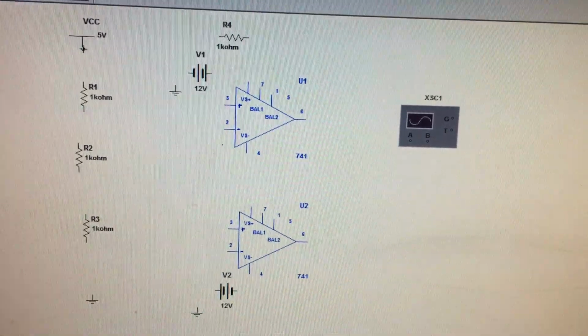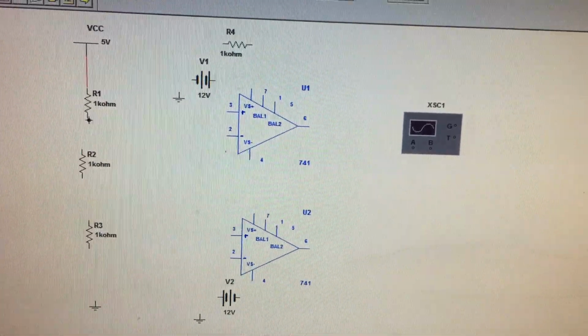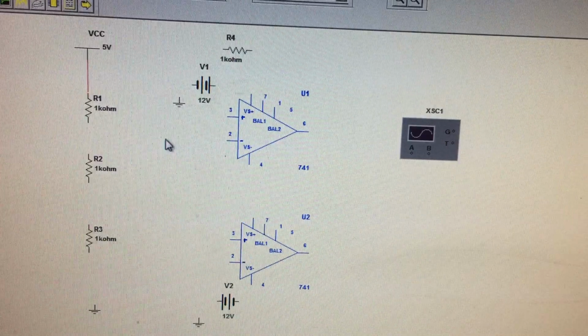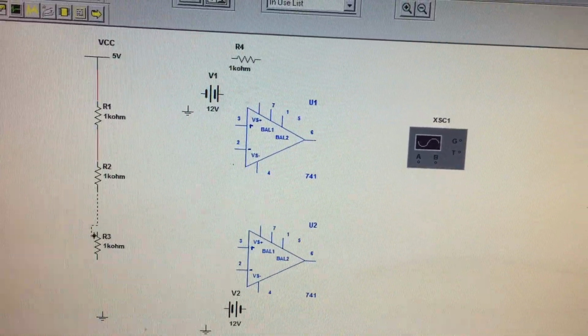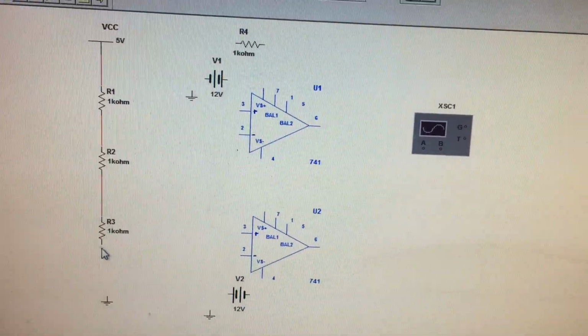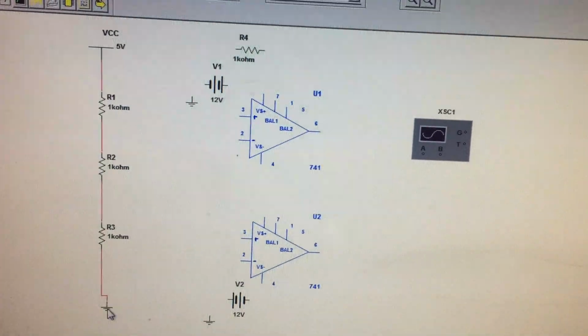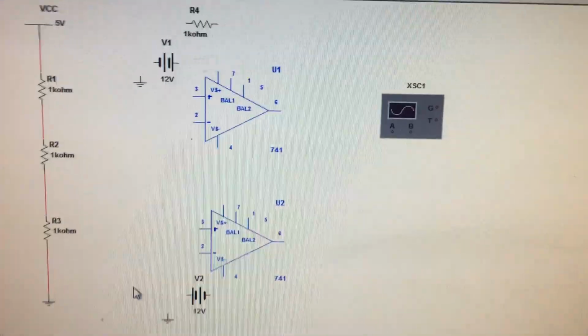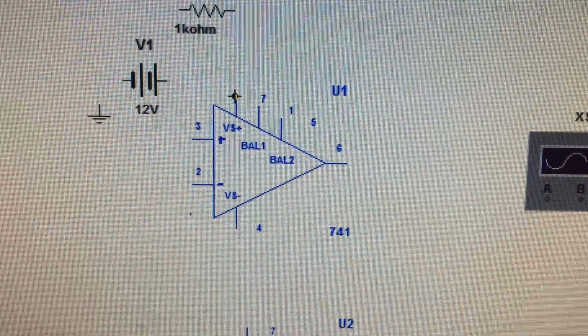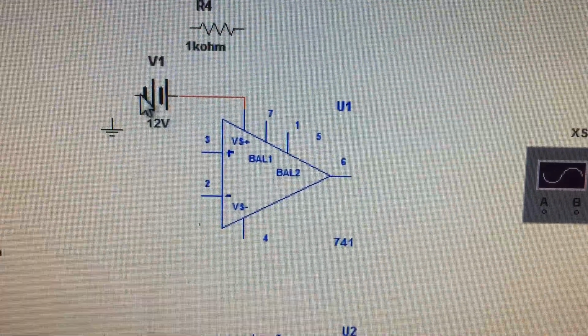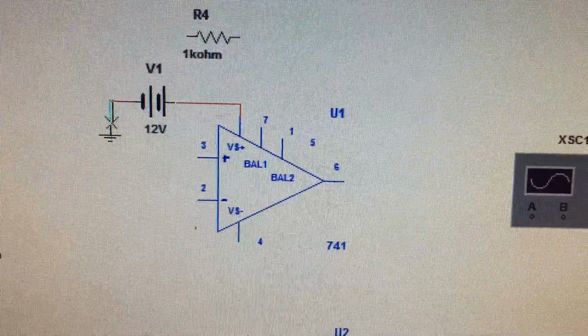Now start connecting. Connect this, connect this, and give this to the ground. Done with the connection. This is VS plus, so give it to the plus point, and minus, give it to ground.